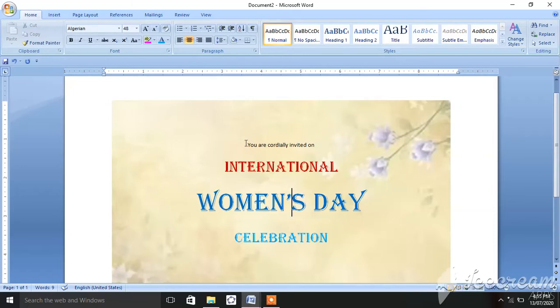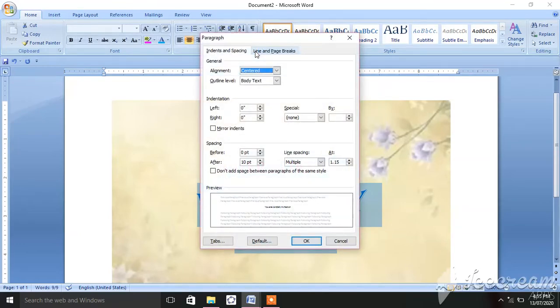Okay, if you want to change the spacing between the lines, select the text, go to paragraph. Here is line spacing multiple. Select single one and change the spacing from here.